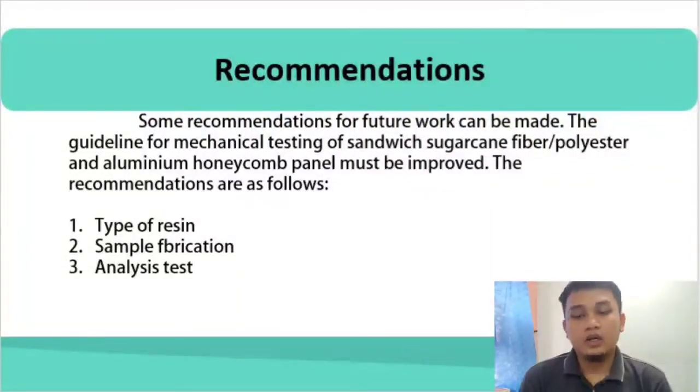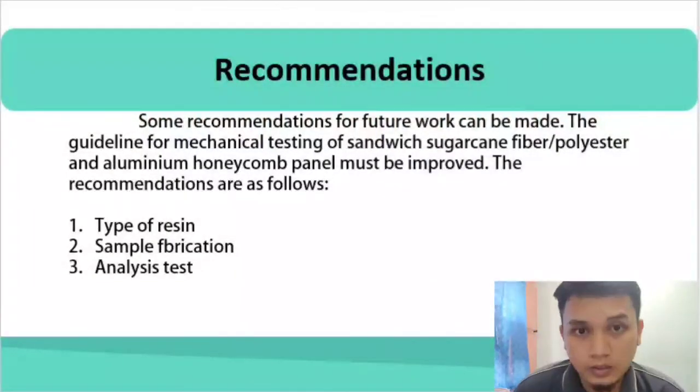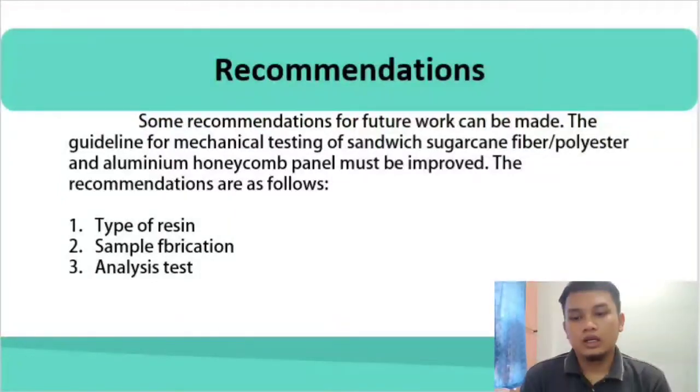Additionally, the aluminium honeycomb may be stacked together to absorb greater energy. And furthermore, the size of the honeycomb panel may be varied. The height of the honeycomb can affect the mechanical properties of the honeycomb. And lastly, for the analysis test, this research is focused on the flexural test. However, other testing can be used to test the specimen,